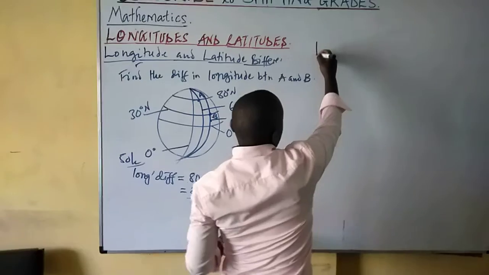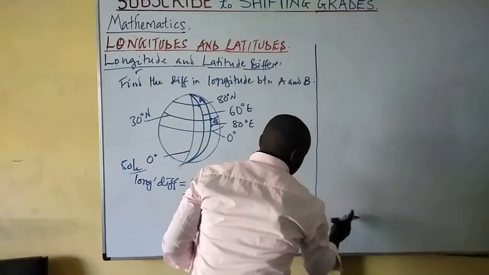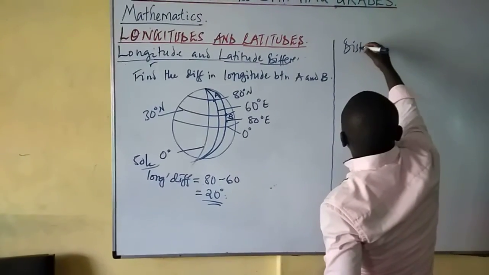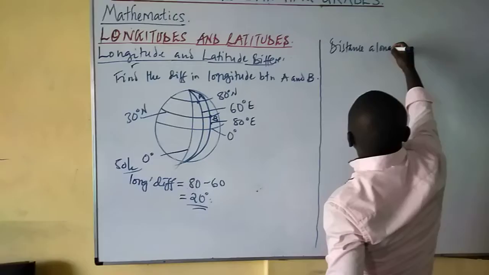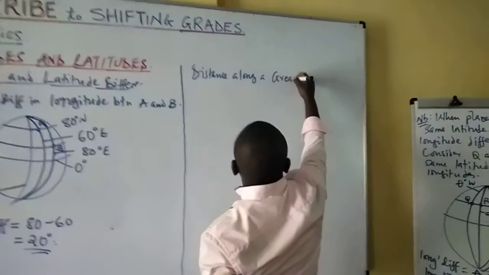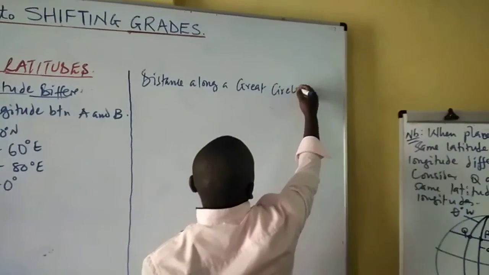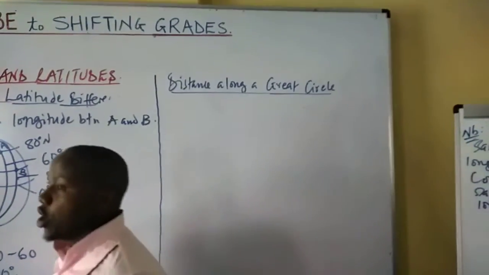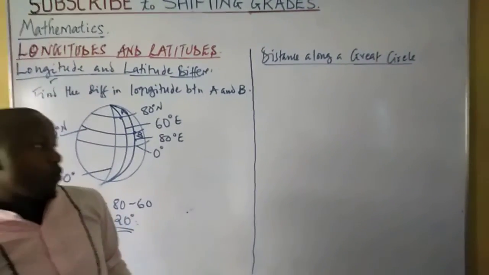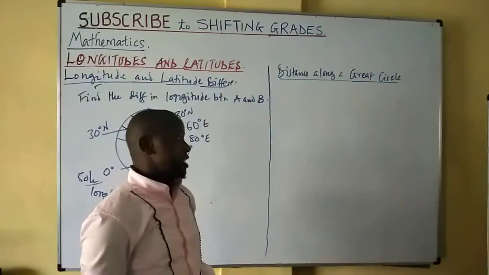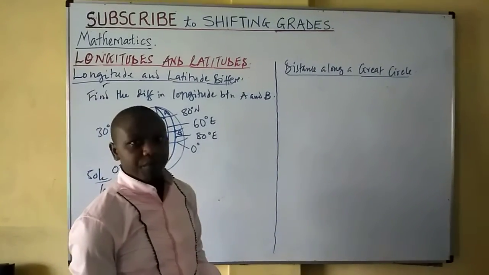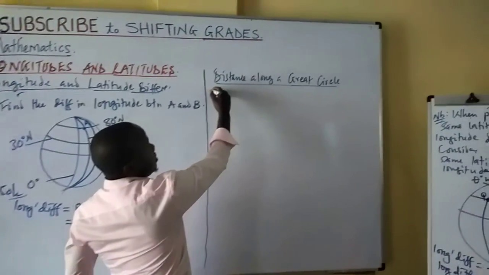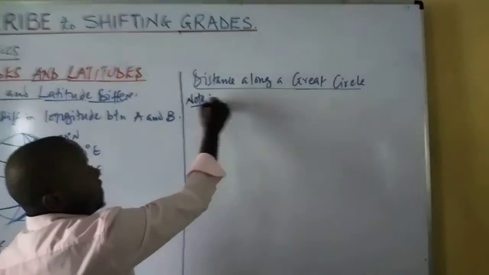I want us to mention something else. Distance along a great circle. We know that great circles are longitudes. Therefore, we want to get the distance along a longitude. It's good to note that